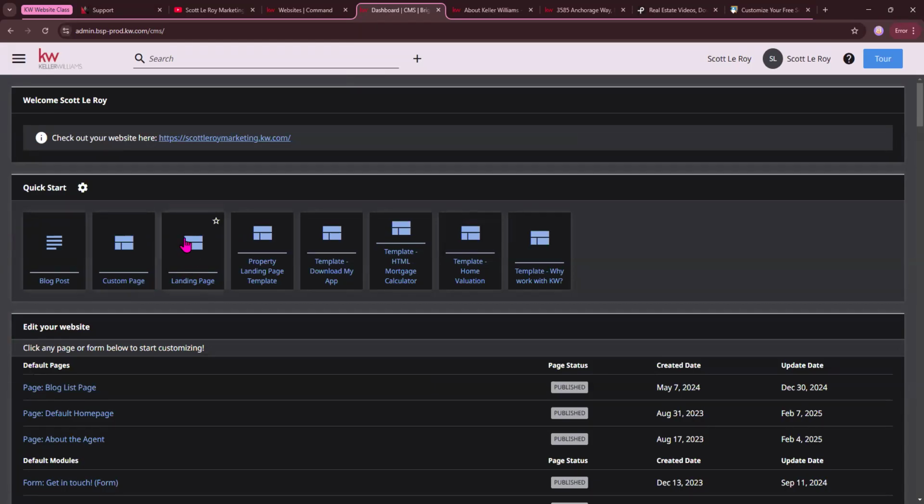Now, sometimes we do get questions on the difference between a custom page versus a landing page. So a custom page is going to be a page that is available on your website. It's going to show up under that More section. A landing page is going to be a standalone website. So similar to what it was on the old websites, if you've been around for that long,